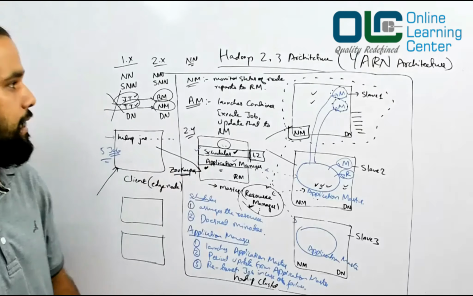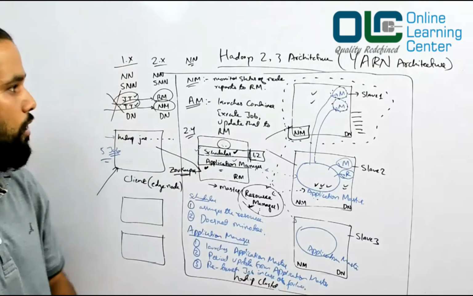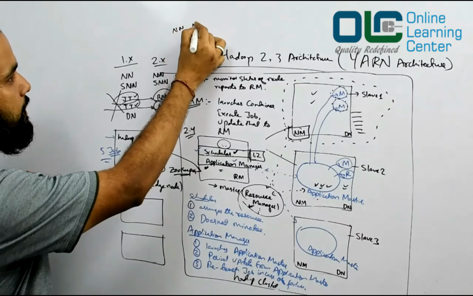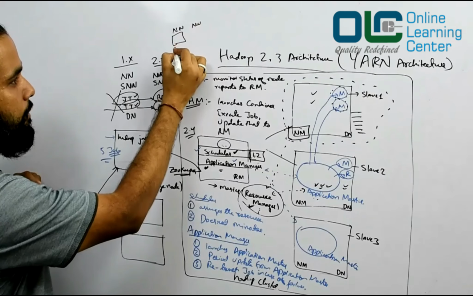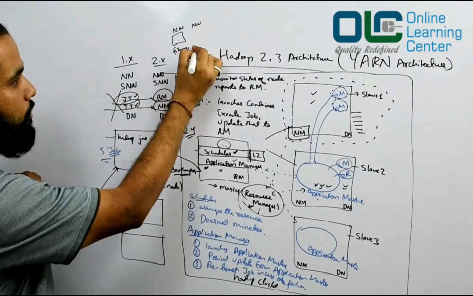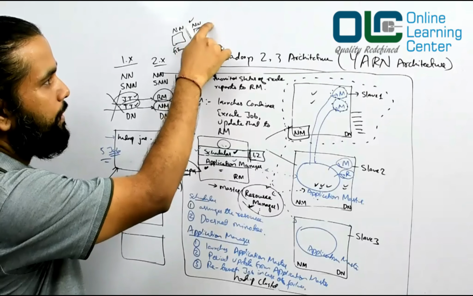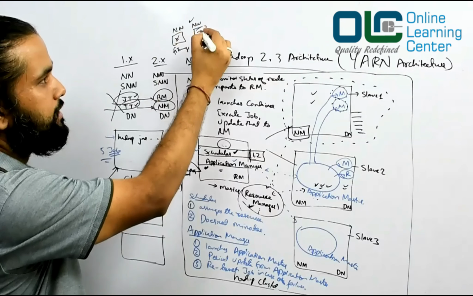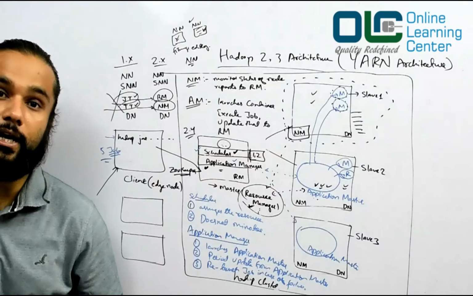Now, there are multiple approaches to solve this problem, so I'll talk about one approach. If you have multiple name nodes, this is the active name node, right? And as usual, you have the fs image and edit logs. The edit log can also be updated to your inactive name node, so that this is the active node and this is the inactive, but at the same time both of them should have the same copy of your edit logs.